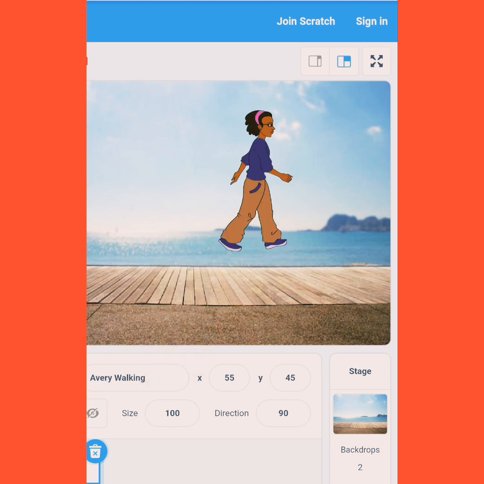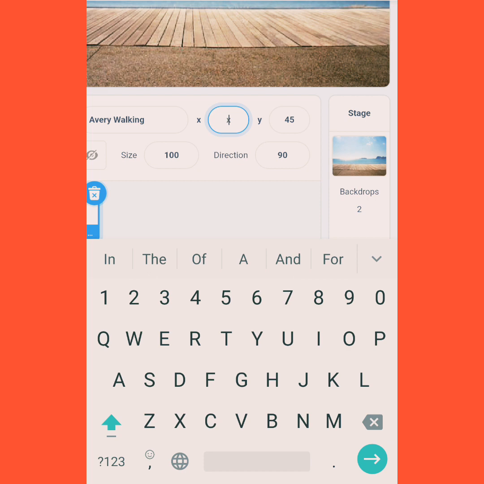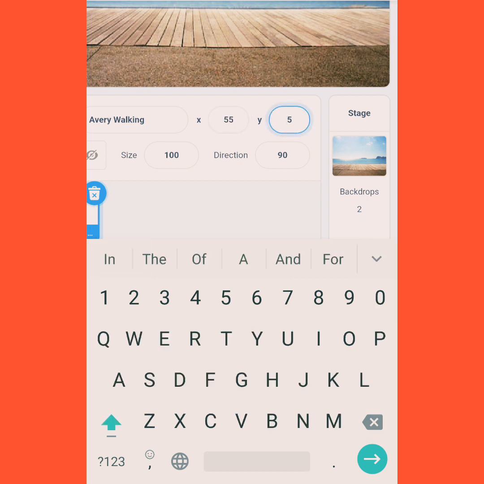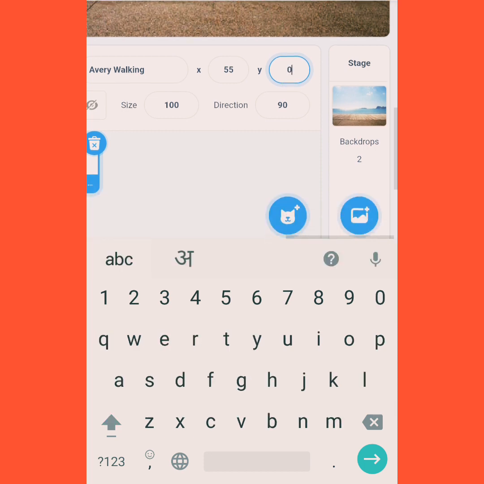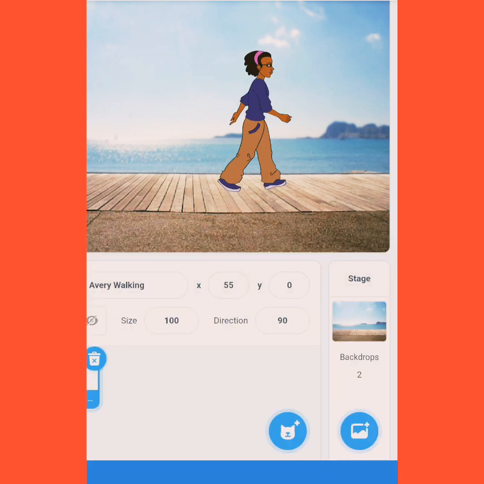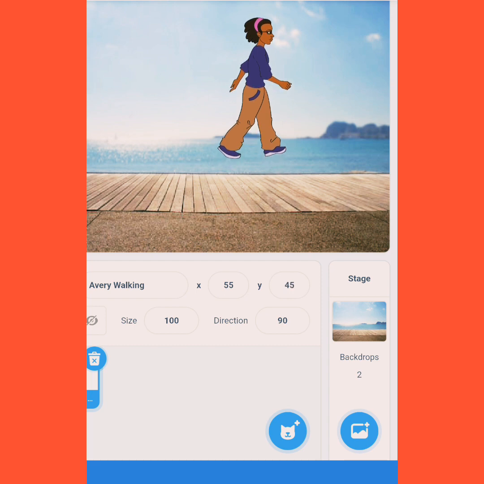Let me bring it down. Suppose here I'll just put x 0 and y 0, that is the center of the stage. Let me bring it to the center of the stage and then apply the movements. See, I'm clicking the sprite and you can see it is smoothly, continuously, effortlessly gliding. That is the effect of glide. Okay,